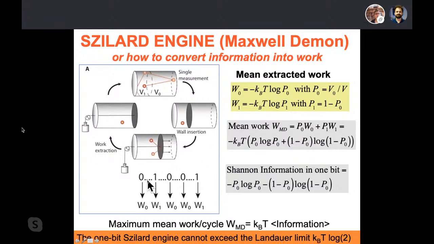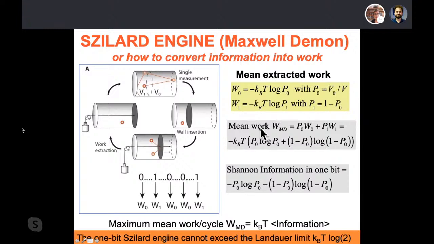Now, in a series of multiple repeated observations, when the molecule is found in container 0, I extract W0. When it's 1, I extract W1, and so on. Now, the average work that I would extract if my molecule is found to be in 0 would be minus kBT log P0. Because it's just the net change in heat with the environment, by this expansion. So the net heat change is just this expression, because it's equal to the entropy change of the environment. And the entropy change, you remember, is the logarithm of the volume. So it's clear that you will have the logarithm of the probability here, as the probability is defined this way.